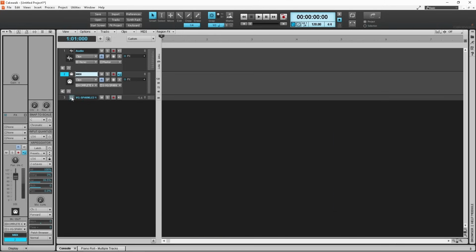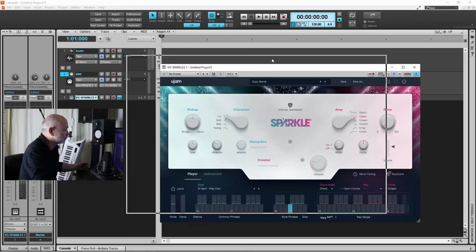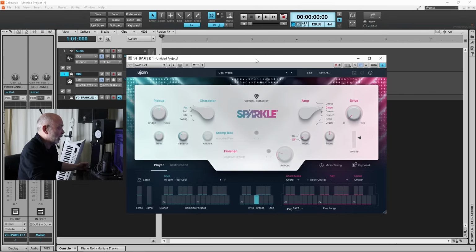Now if I double click on this image here, I can pull up the VG Sparkle, and this is what it basically looks like. Now it looks quite complicated to begin with, but I'm going to try and go through this as quickly as possible. The first thing that I'm going to show you here is this section here, which